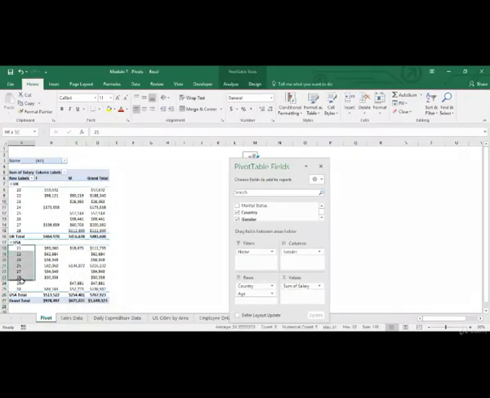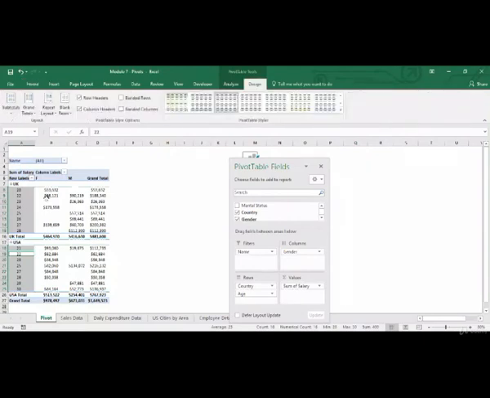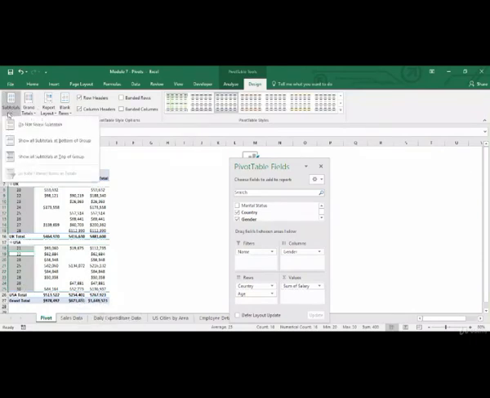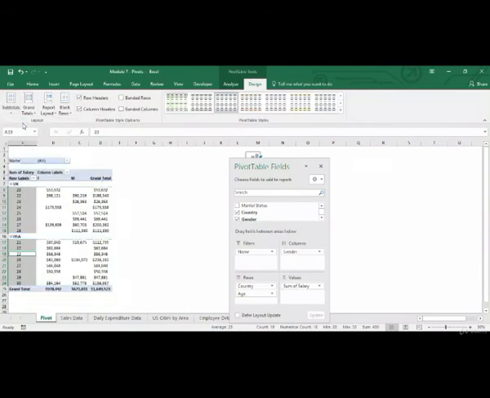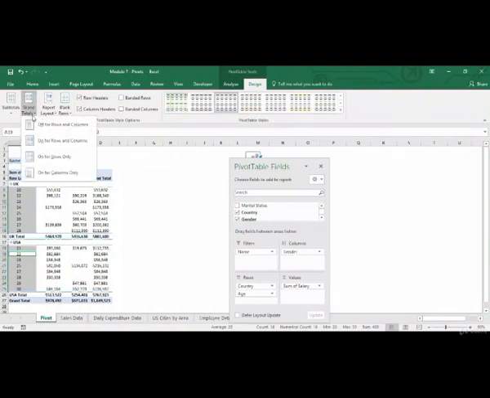Similarly for US, you've got these different ages appearing. Now if I go to design, right now as you can see, you've got subtotals appearing for the UK population, you've got subtotals appearing for the US population as well. So you can remove the subtotals, you can add the subtotals. Let's just keep them at the bottom. Then you can remove the grand totals.